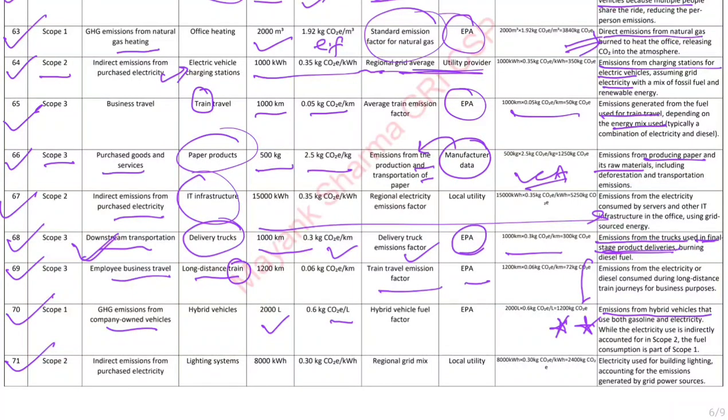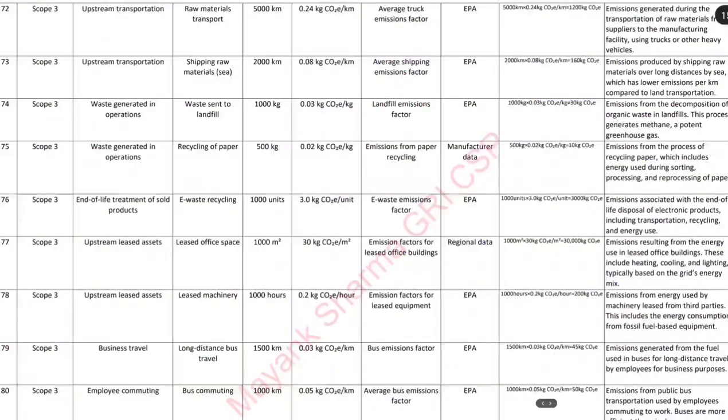Scope 2 indirect emissions for lighting system. I think this we have already discussed. These were units of electricity consumed multiplied with the emission factor, and then we can talk about the reference sources, regional grid mix actually. Next example number 72, scope 3 upstream transportation, basically raw material transportation we are talking about,